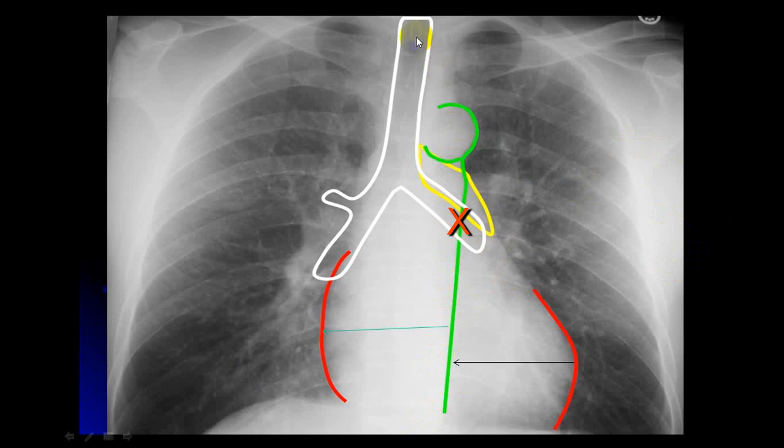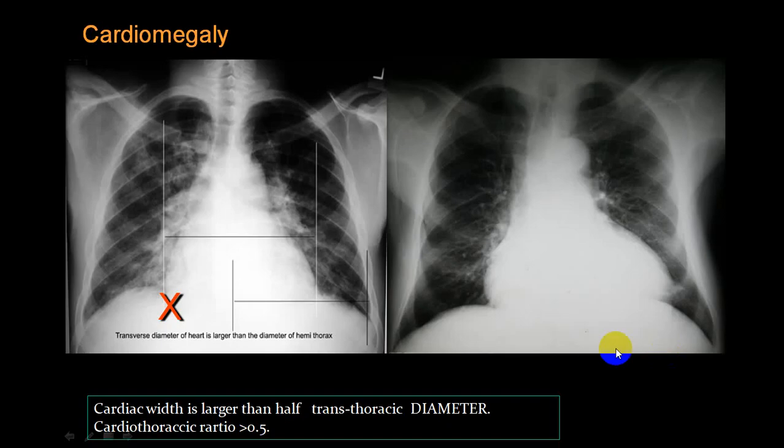And also look at the position of the trachea to see the shift of the heart. That is, we call it shift of the mediastinum. In presence of a shift of the mediastinum, you cannot comment regarding a cardiomegaly. And this will give you a wrong idea regarding the size of the heart also. So don't use this technique for cardiomegaly.